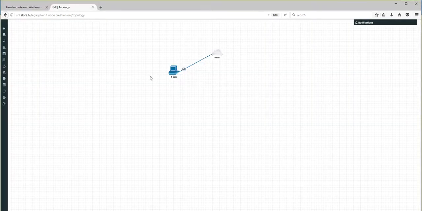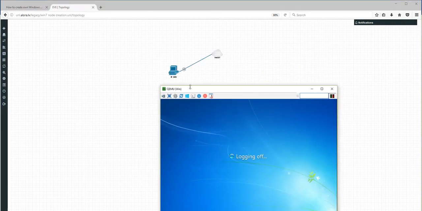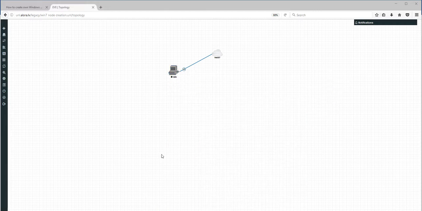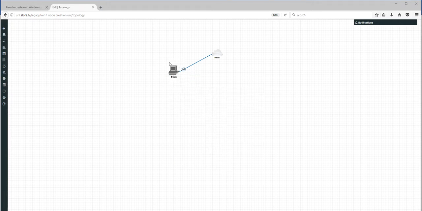You can check here, so it is highlighted in blue, and when it shuts down properly it will turn gray. Okay, going to pause. Here we are. So the machine has turned gray, so this Windows is not in use anymore. So the machine is ready to be prepared as your image, as your permanent image.